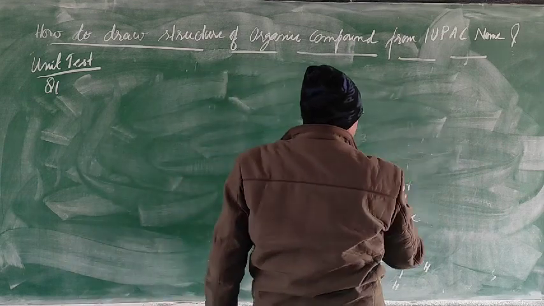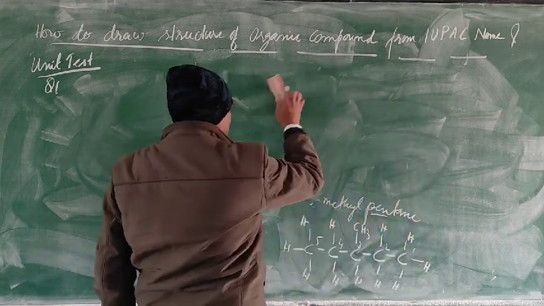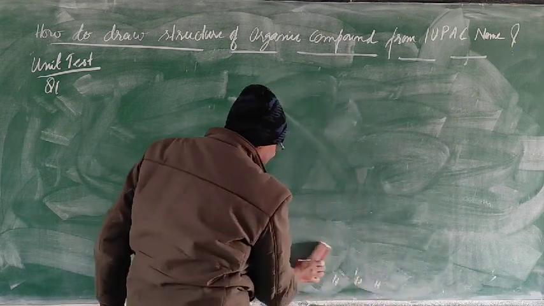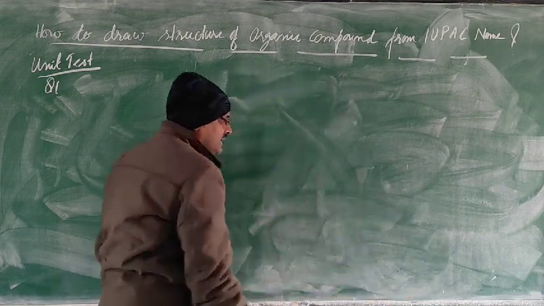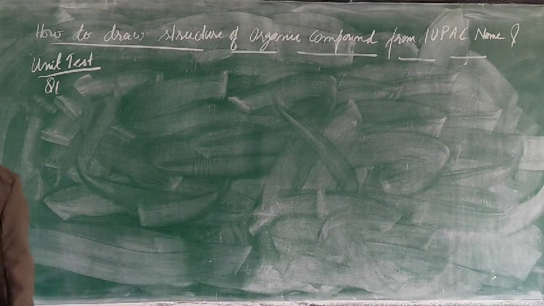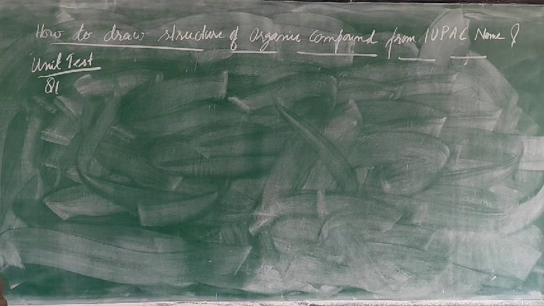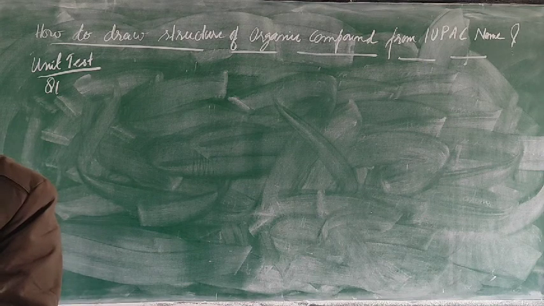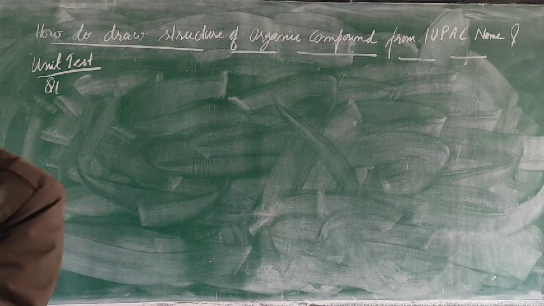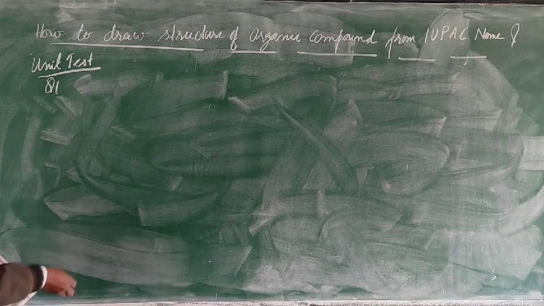So it is very easy, and in this one you can get the marks easily. But when they are asking for some functional group and putting it there, in that way people are losing marks because they are not able to make the correct functional group. So up to the third it is over. Now the fourth one is 2-methylprop-1-ene.